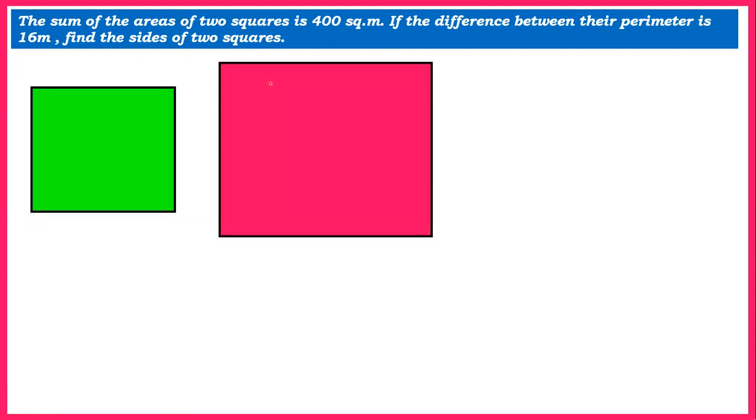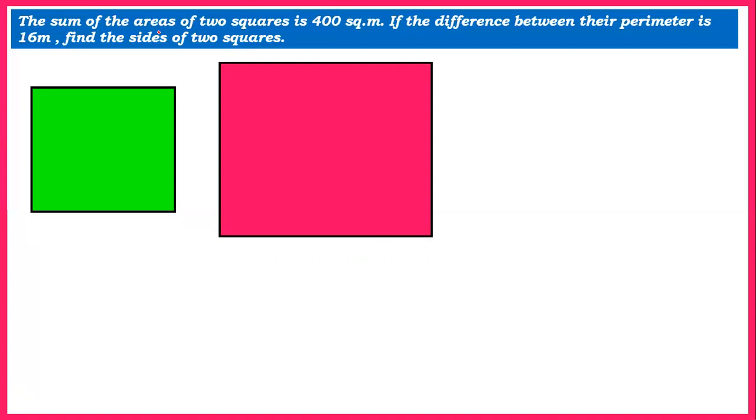Now, students, the first question that needs to be answered is, sir, do I use a linear equation or do I use a quadratic equation? Now, when I look at the sum very carefully, it talks about the area of the square. If you recollect, the formula for the area of the square is side square. So definitely a square is going to be involved. That means the highest power 2 is going to be involved. That means definitely the sum is of quadratic equation. There is no problem if you start with a linear equation because by the end you will end up with a quadratic equation if you take x and y. So I am going to stick to quadratic and try to get it through a quadratic equation.